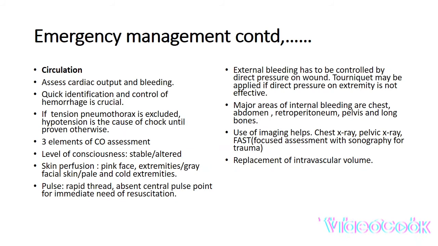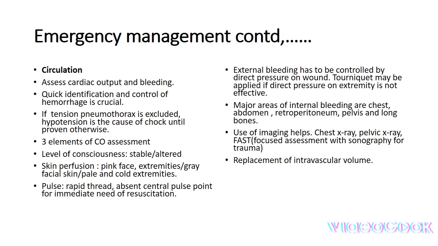We also feel the pulse at the radial artery. But if the radial is absent, we have to look for the central pulse, either at the carotid or at the femoral. If the femoral artery pulse is not present bilaterally, we have to anticipate immediately. This patient has lost much blood, and the minimum amount of blood left is perfused to vital organs like the brain and the liver. So we have to anticipate giving fluids and blood if indicated.